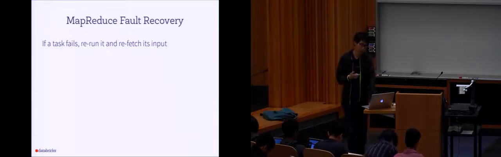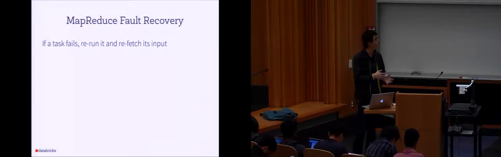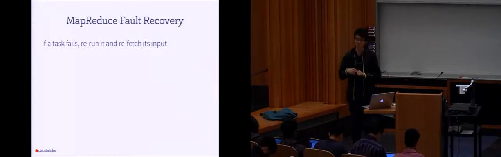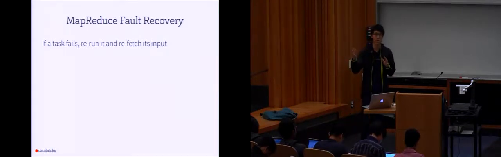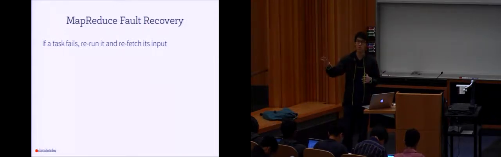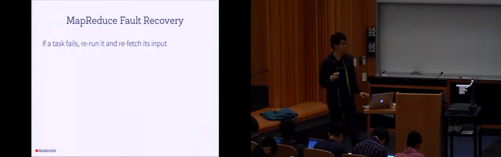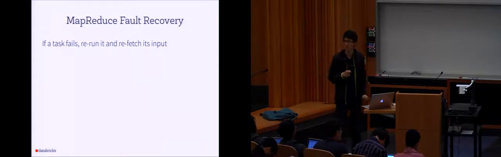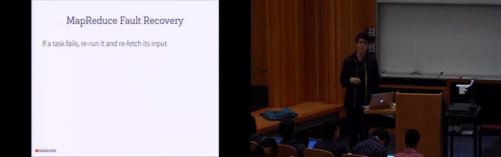Which brings me to the second part, I think the most interesting one: how does MapReduce handle failures and stragglers? The very simple idea is if a task fails, just rerun it: read the input again and rerun it somewhere else or maybe on the same machine. Now, this has one assumption in mind, because you can't just always do this, right? Can somebody give me a case where this would not actually work?